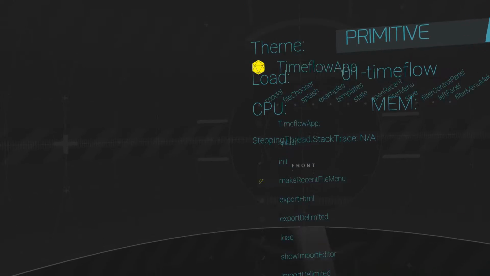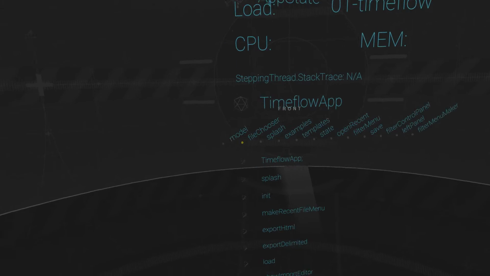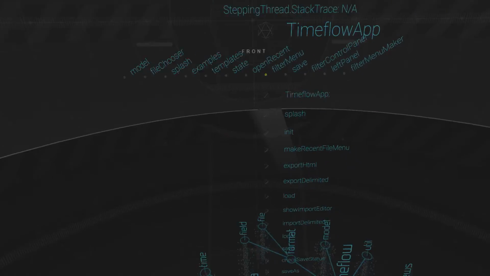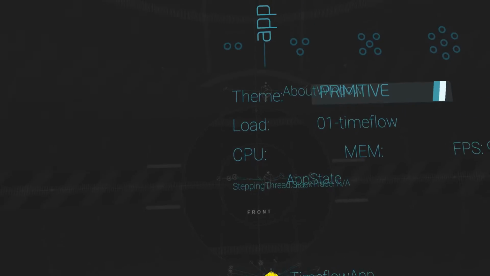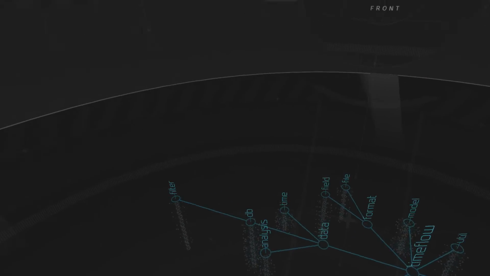And then we can also look at the methods that this class uses. So we have model, file chooser, splash, examples. These are all, again, object types that are used by the program. Okay, so this is going to be the starting point of the code, and we'll actually look at that in the runtime. I might actually just point out